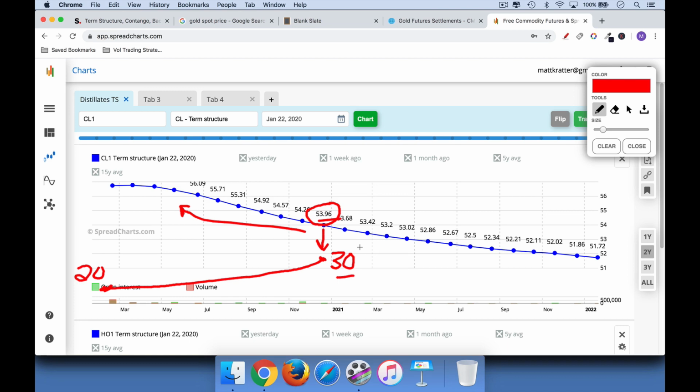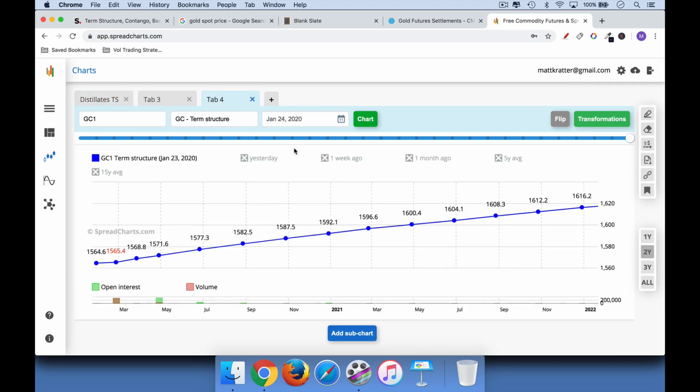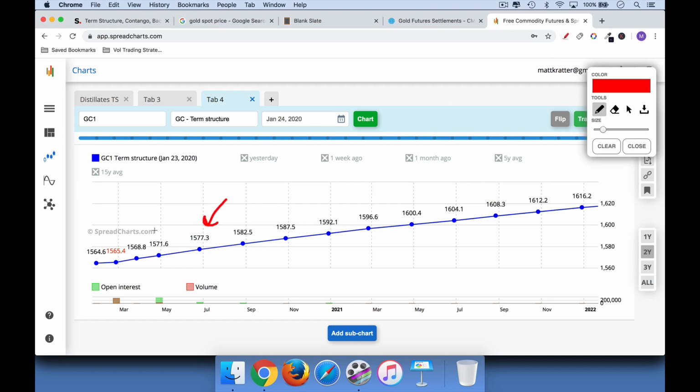But the main reason to pay attention to term structure is to give you an idea of whether you have tailwinds or headwinds. And if it's backwardated and you're long, you've got a little bit of a tailwind, assuming you're correct and you're bullish on the commodity and it performs well. If the market is in contango, you've got a little bit of a headwind. You're losing a little bit of money every day, and every time you roll, you're going to be buying high and selling low, and then you'll buy the next contract, and it will roll down, and you'll be buying high and selling low.